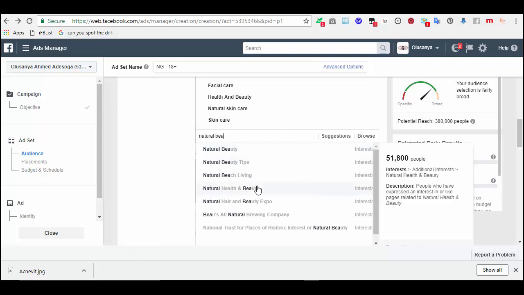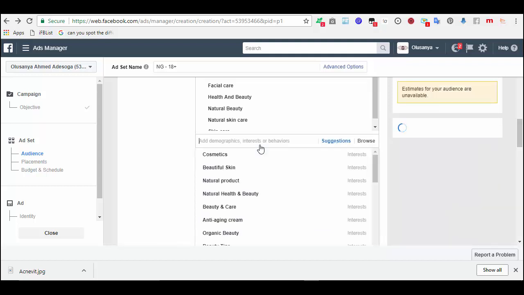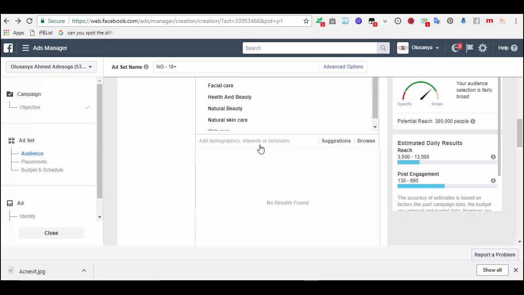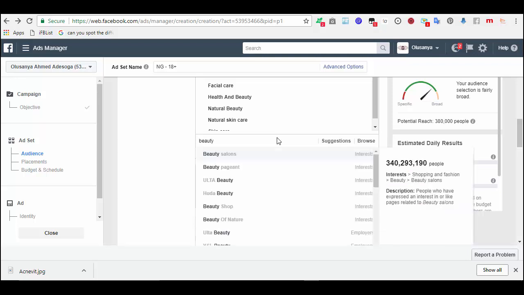Natural health and beauty. Natural beauty. Let me add this. Let's see what the potential reach will look like. Yeah, okay, it doesn't change. So Facebook ad is not something you can just bump into and click like that. Fashion and beauty. No, fashion and beauty doesn't go.